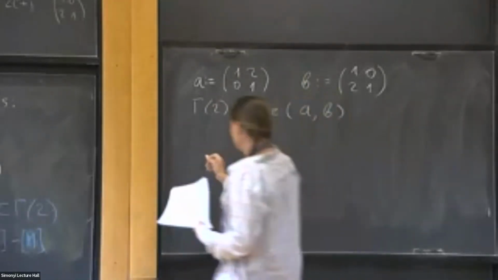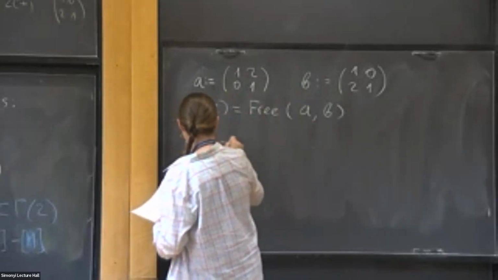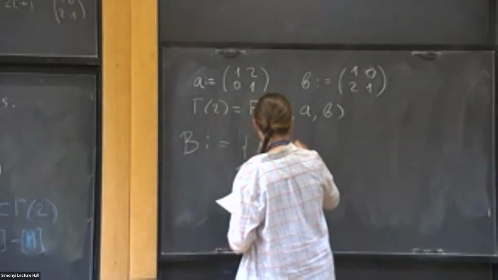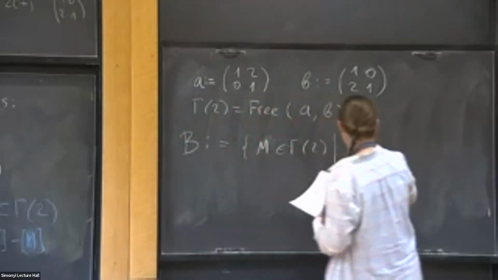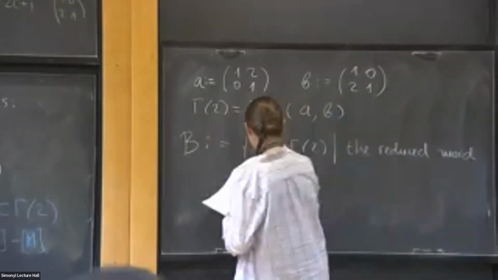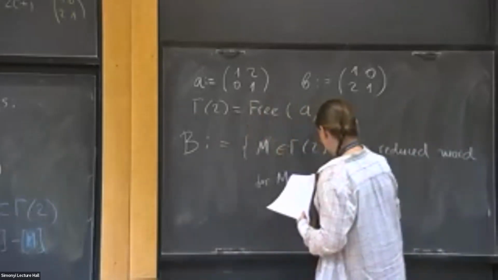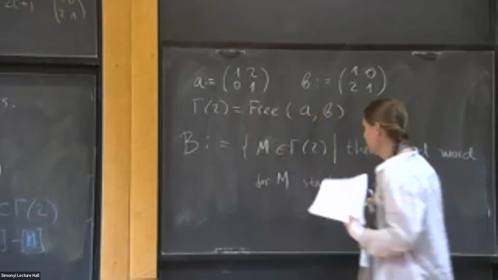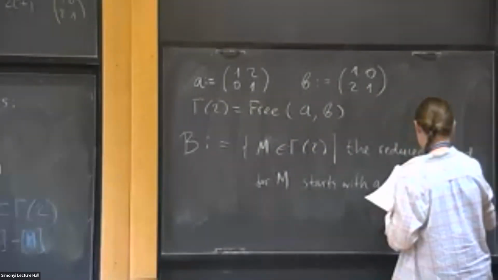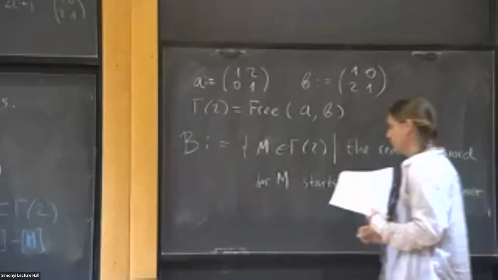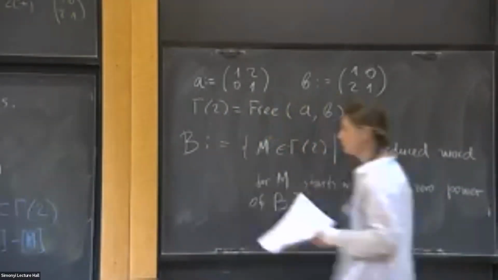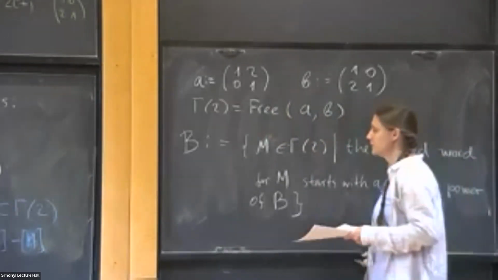So now we will define the set B to be the following set: the set of all elements M in gamma 2 such that the reduced word for M starts with a non-zero power of B. And then it becomes already